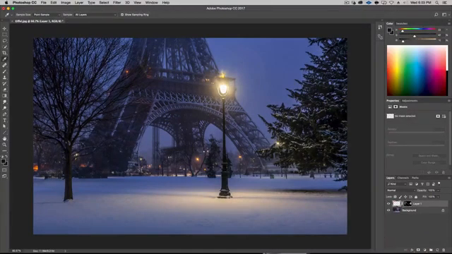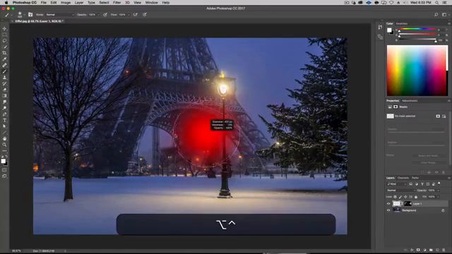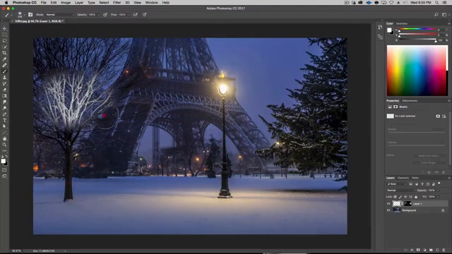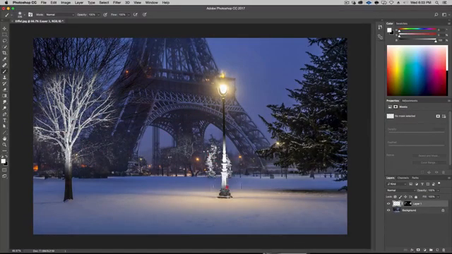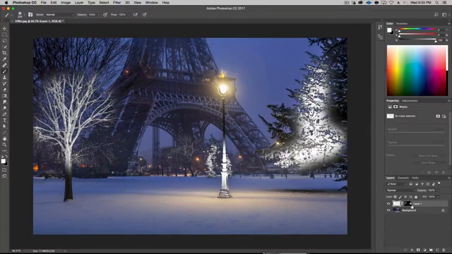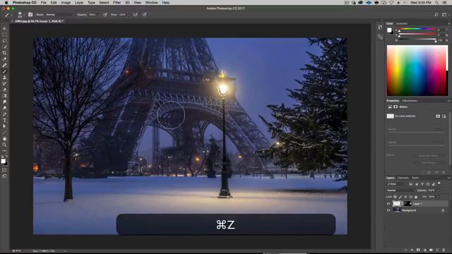What does that mean? This layer now, if I take a brush, for example, B for brush. If I were to, I'm going to hit the default colors and put white in the front. And if I were to brush now in this area, it's only going to go where that selection was. All right. So that's the magic of masks. Okay. So I'm going to undo that because that's not what I want to do.